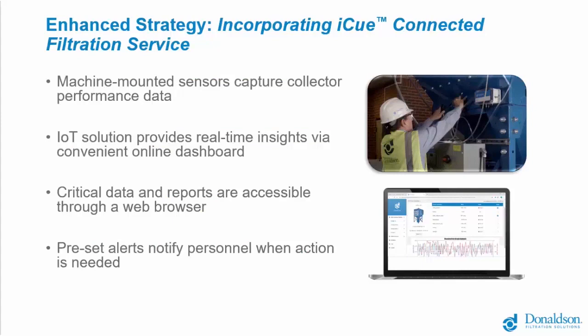So I don't want to spend a lot of time just talking about the solution, but there's a cellular gateway that gets mounted to the dust collector. It has embedded sensors and connects to external sensors, captures data about your dust collector, passes that over cellular to our Donaldson Cloud and our IQ application, where the data is presented to you, the user, and you can go in and see how your dust collector is performing. You can trend historical data. You can export that data for compliance purposes,